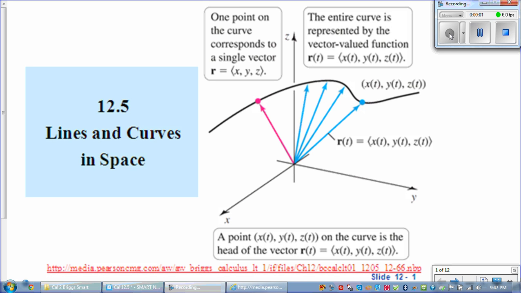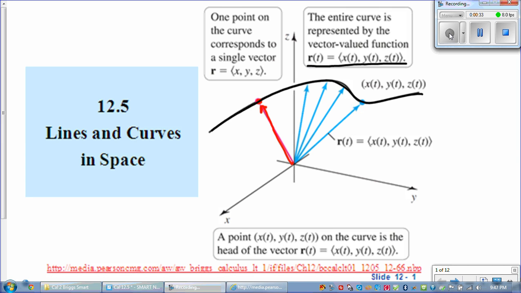Now let's look at how we would designate a line in a curve in space. A single point can be designated with a vector whose tail is at the origin and tip is positioned at that point you're identifying. So each point corresponds to a single vector. So if we're taking this collection of points, all the points on this curve, we'll use a vector valued function,